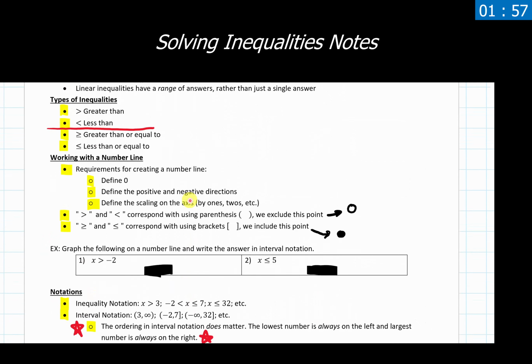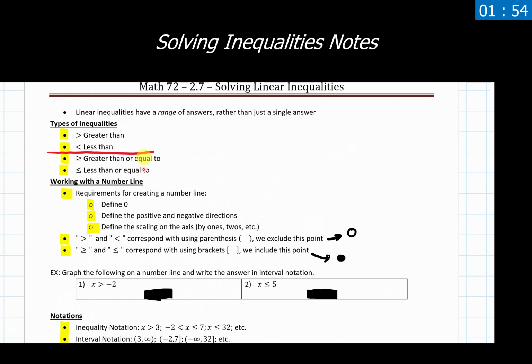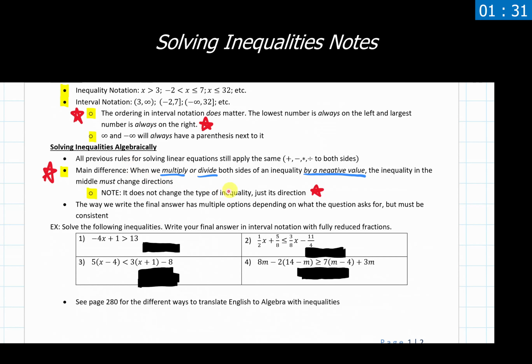Remember back to our different types that we had here. We have 4 types of inequalities. If something starts off as one of these two, it cannot change to one of these two down here. It's going to start in this category, or it's going to start in this category, and it's just going to switch between these two or switch between those two there. These do not switch from one type to another type in that regard. So all that happens when we multiply or divide by a negative is the inequality changes directions.